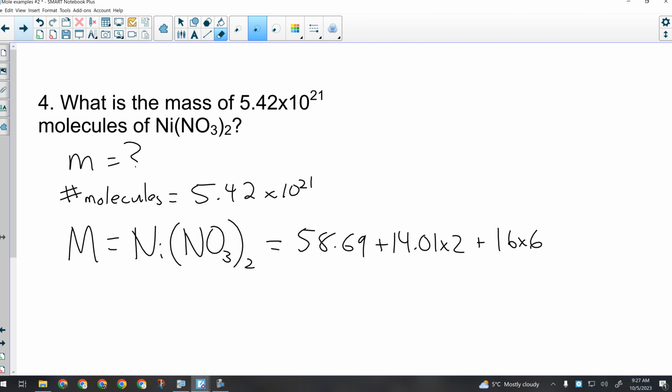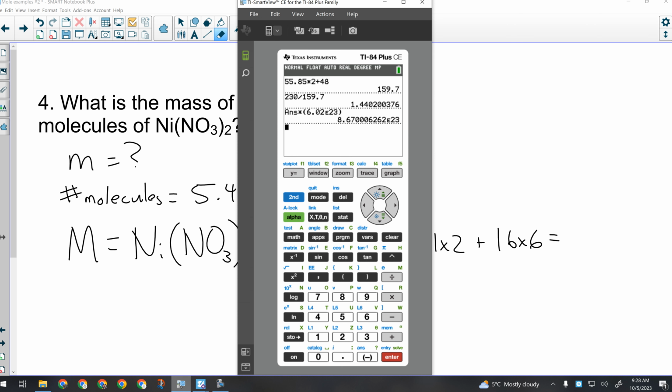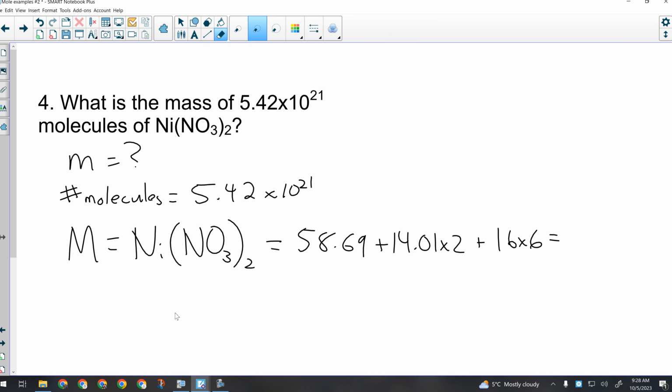Okay, on a question like this, what do you suppose people mess up? This. They'll mess up the molar mass. They'll do all the Avogadro stuff right, but they'll have the wrong molar mass at the end. So make sure that you're always being careful when you're calculating the molar mass. All right, so we have 58.69 plus 28.02, that's our 2 nitrogens, plus 16 times 6. 182.71